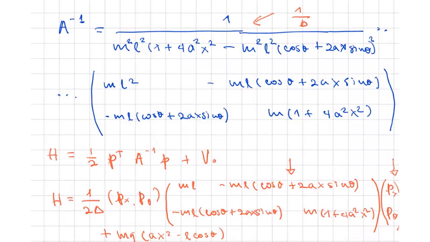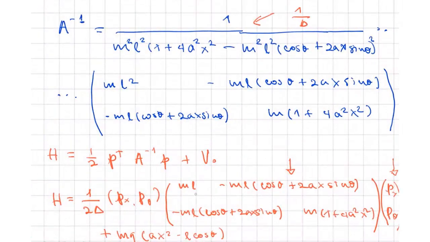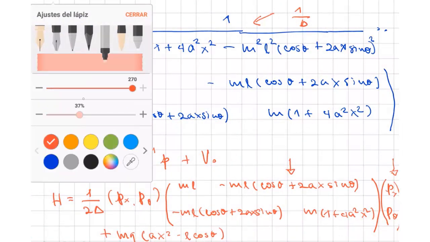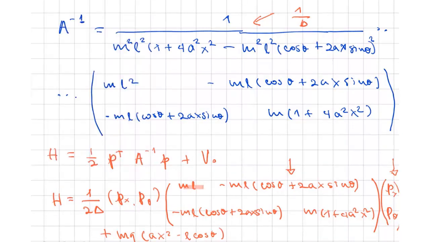So doing that, we get H is equal to 1 dividing 2 delta, px p theta. Okay, so we remember, multiplying this, I'm gonna use the highlighter here. So this one times this one plus this one with this one. Okay, so if we do that, we get